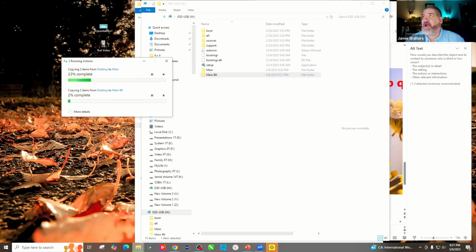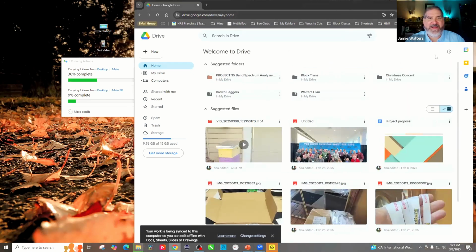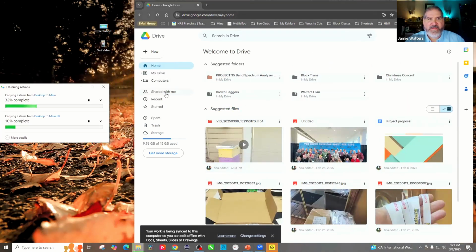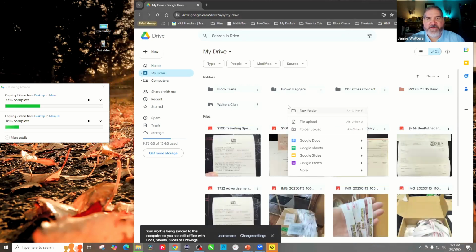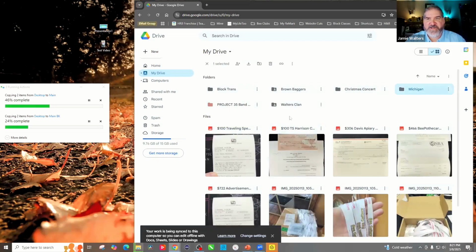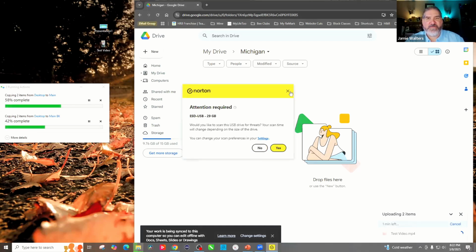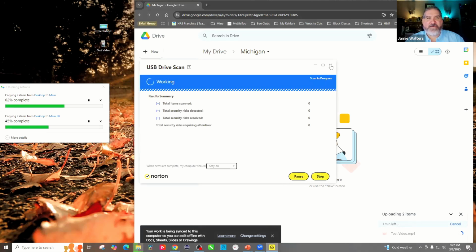Also, if you have Google Drive, here's my Google Drive that's tied into my laptop or that I can get access to. My drive, I'm going to go in here and do, I'm getting ready to go to Michigan here in another week or two. There's my Michigan, and I'm going to slide that over again. So now I have it on thumb drive, I have it on the device, and I have it in the cloud or Google Drive. For the fact, if something goes wrong, if I go there and I don't want it